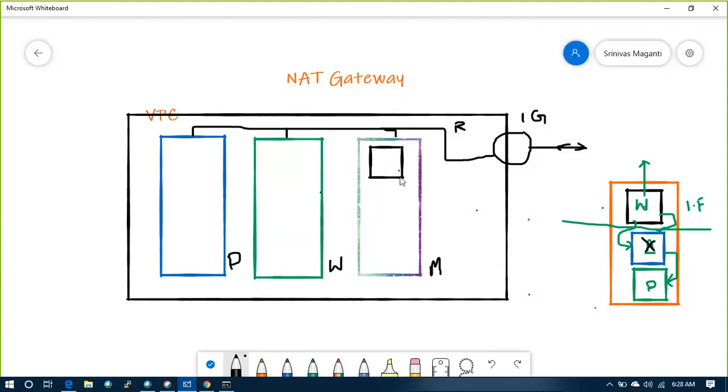So what I'll do is I have one management subnet. In this management subnet, I'll have only management VMs. These are also VMs, but the purpose of these VMs is just for internal usage. No production data or any other data will be saved, or these servers won't do any function other than management function. What do you mean by management? Suppose someone wants to run some scripts on a daily basis, they can keep their data on these servers and they can utilize them from here across the VPC.